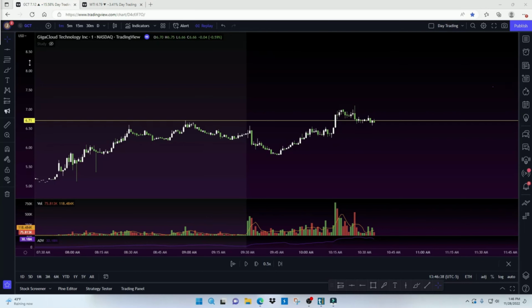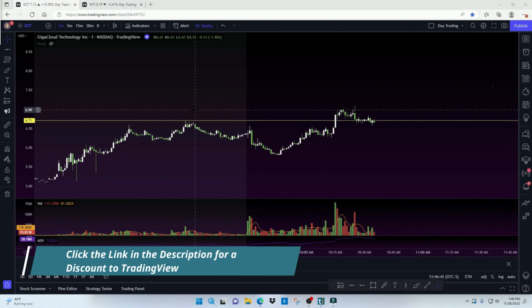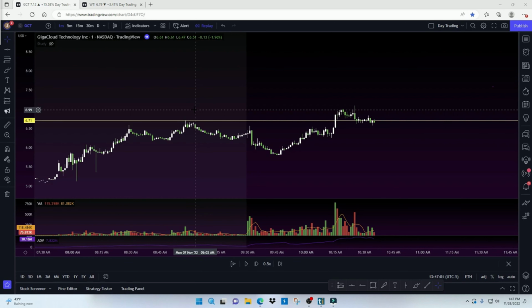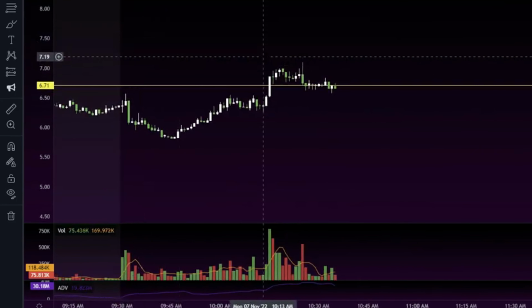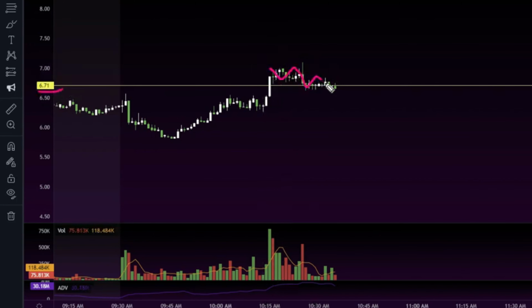Right, in this video, I'm going to show you a tool that you can use on your TradingView charts to calculate your position size and also show you how you can calculate your risk-to-reward ratios. So for this example, I'm going to use this stock that is bouncing off support here at 671. So it's bouncing on support, and let's say that we plan to buy this stock if it breaks out above